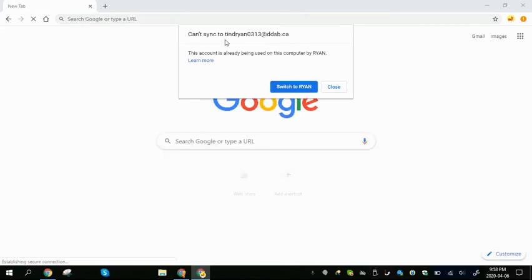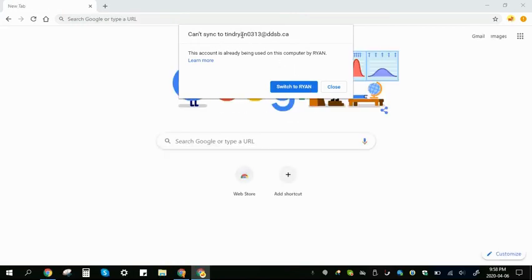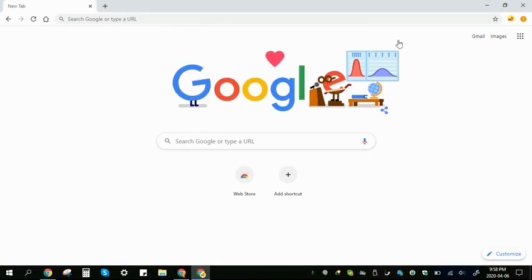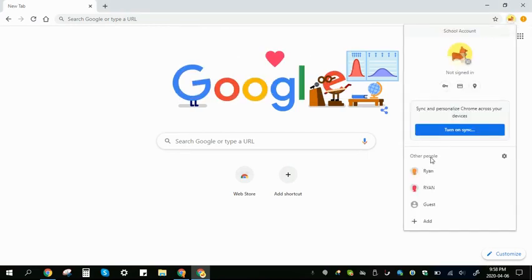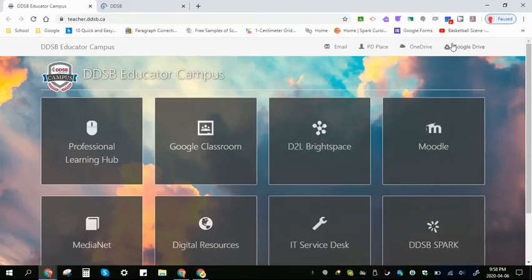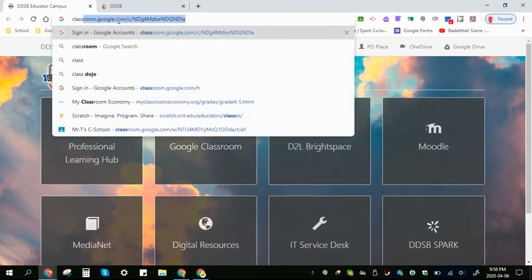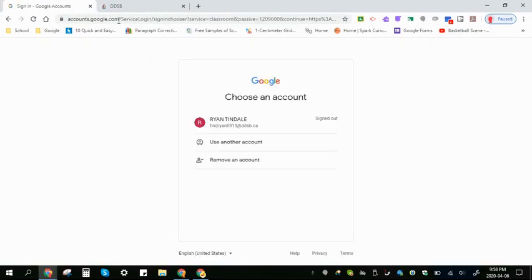Now, what is happening here? It's saying it can't sync to my school account because, as I showed you before, this account is already being used on the computer by Ryan. Switch to Ryan. I'm not going to switch to Ryan. I'm going to go right here. And if you look right here, this account here, this is my school account. So what I just showed you was that you have to add your school account, your S number,